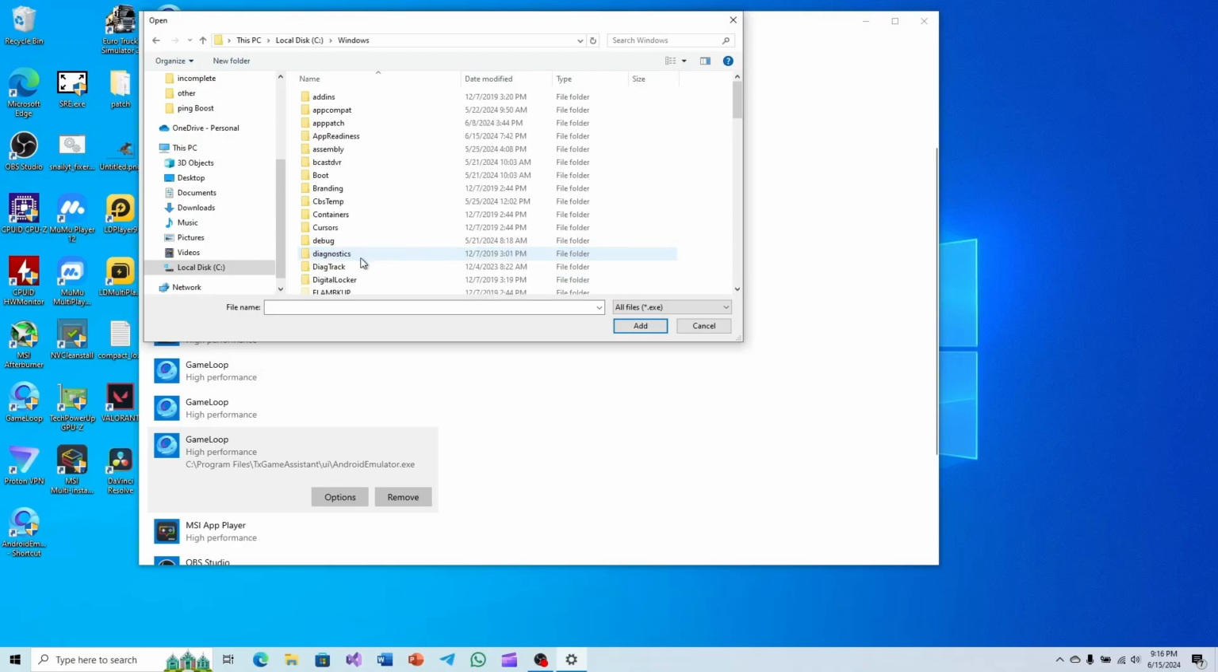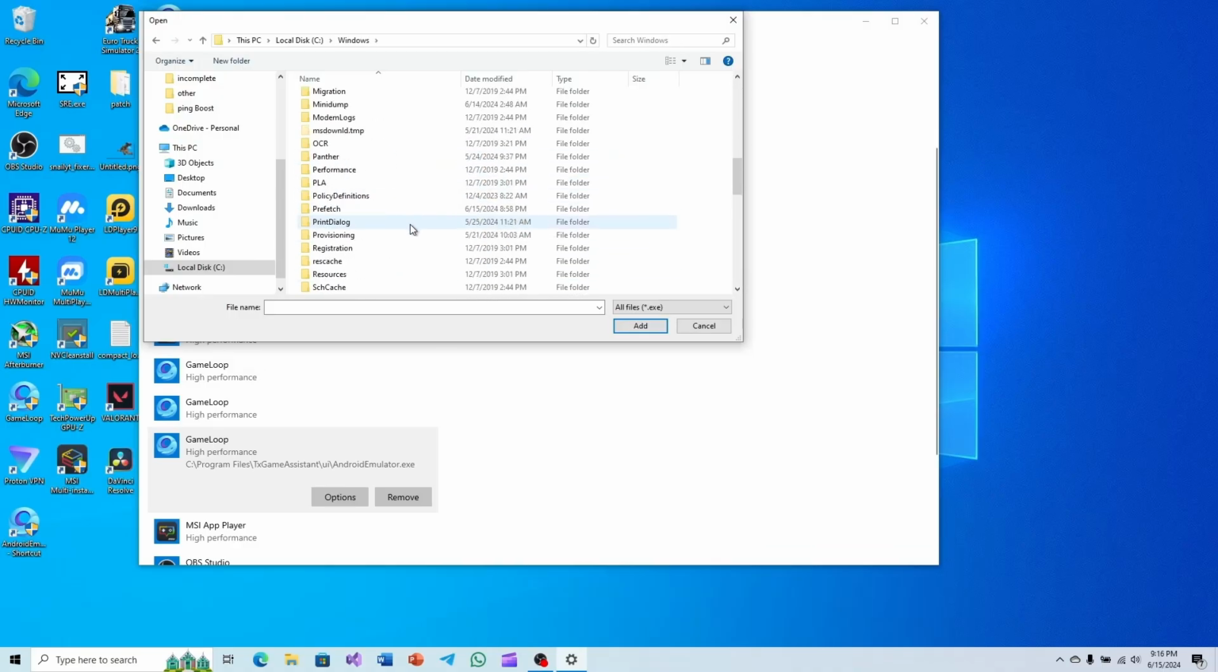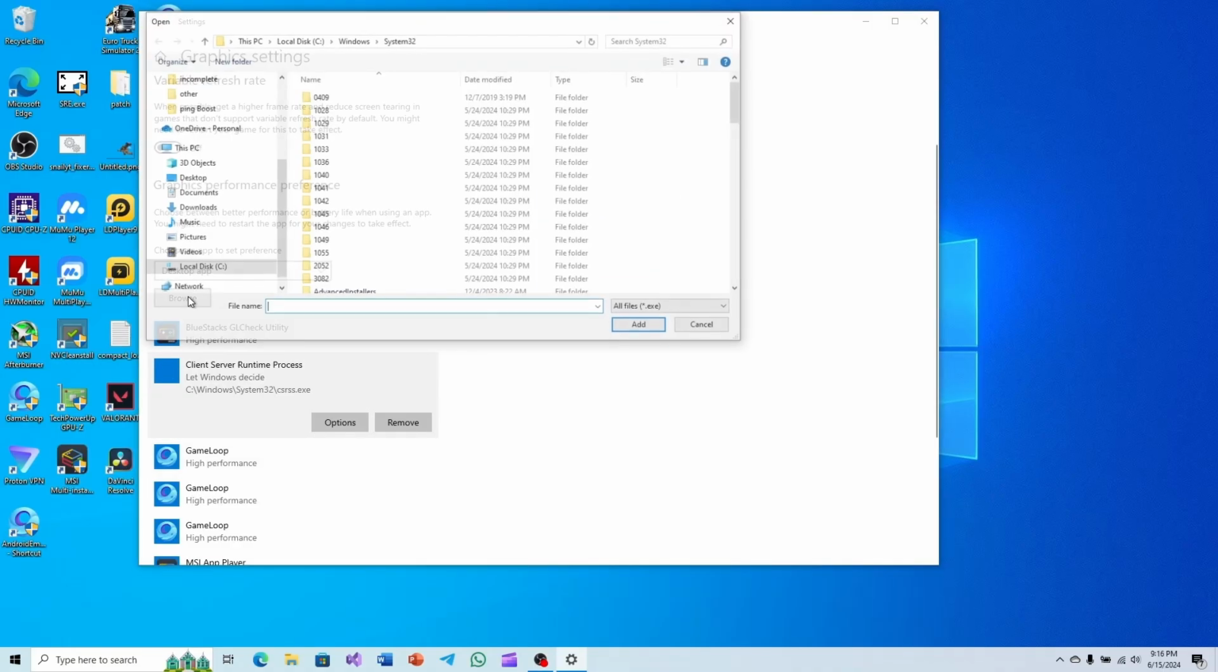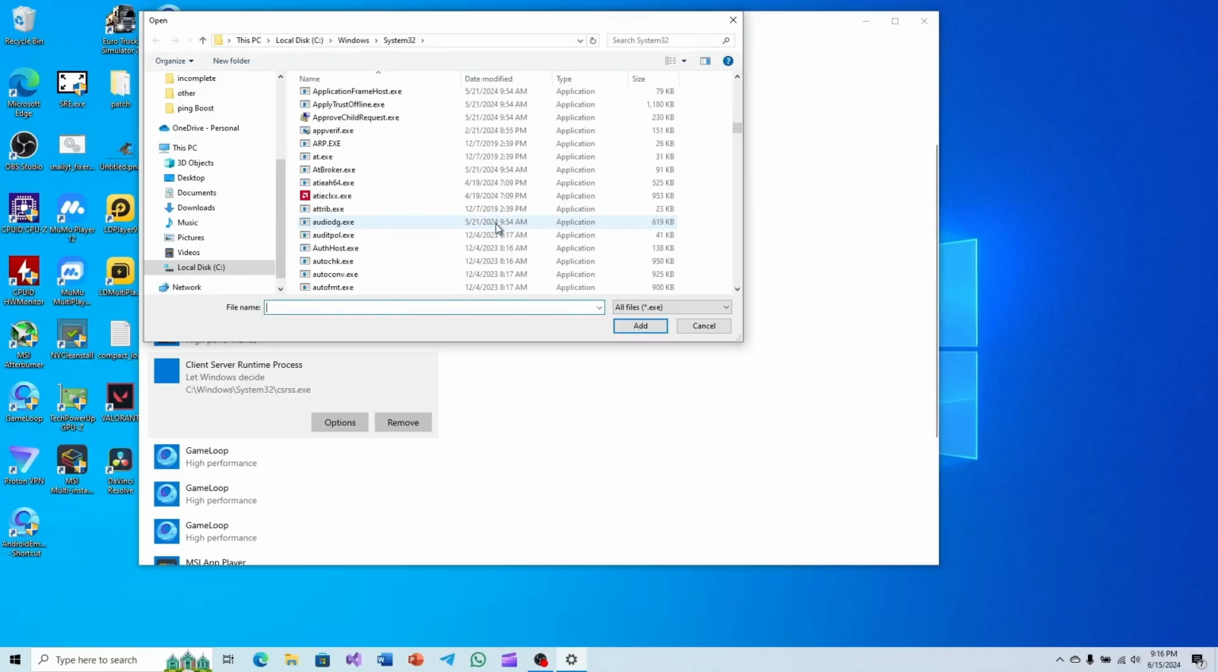Go to Windows folder, then scroll down. Here you will find the System32 folder. Click on it. Again scroll down till you find trfs.exe. Click on add. Go to browse again. Scroll down